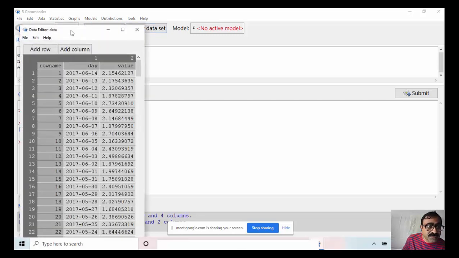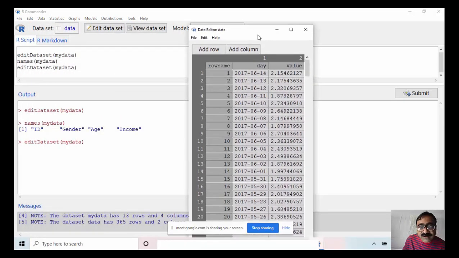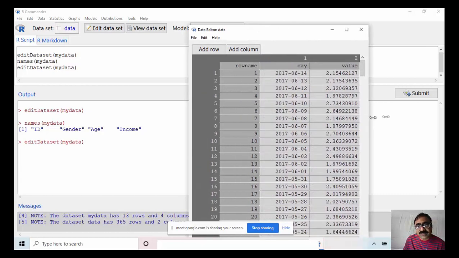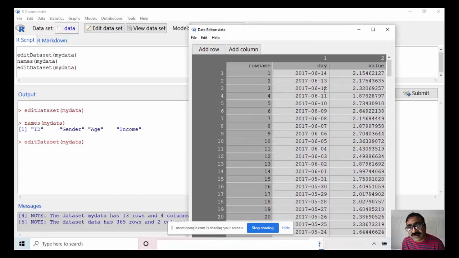Now here it will appear. Now this is the data set. In the Excel I have a data set only. This is day and value. So this is the data set. You can edit the data set here.